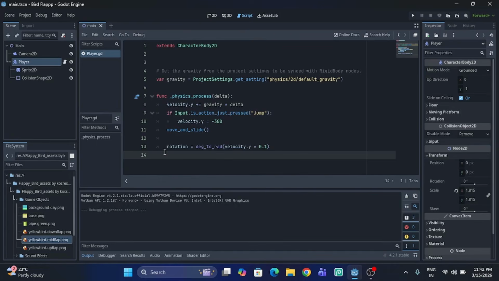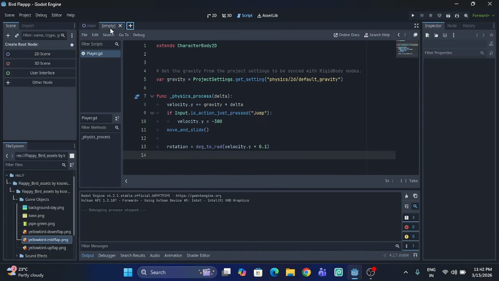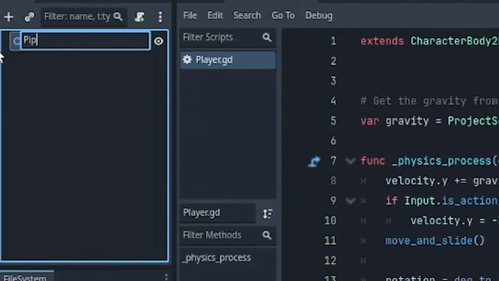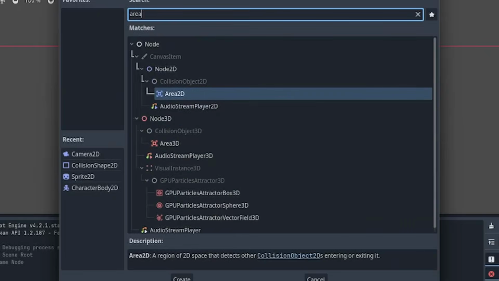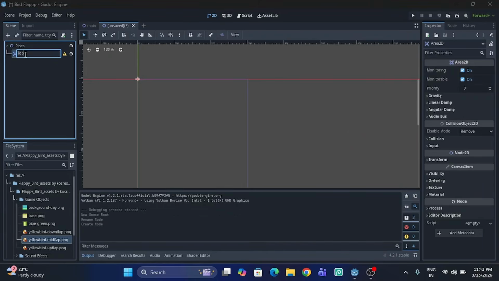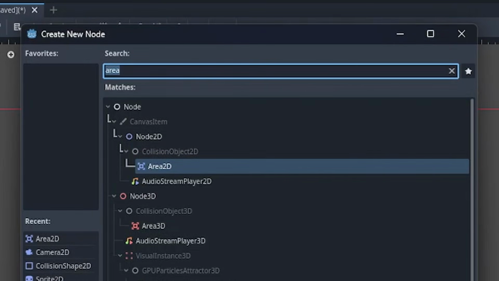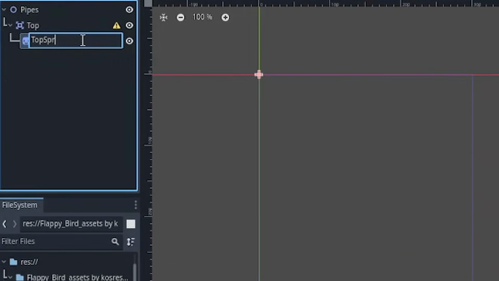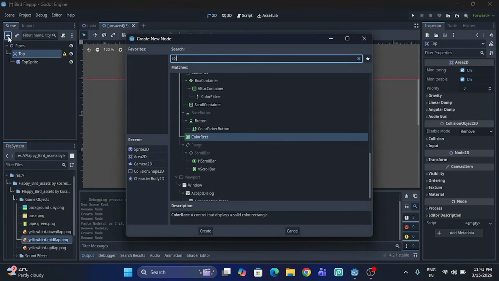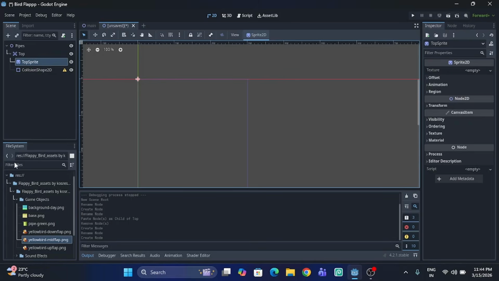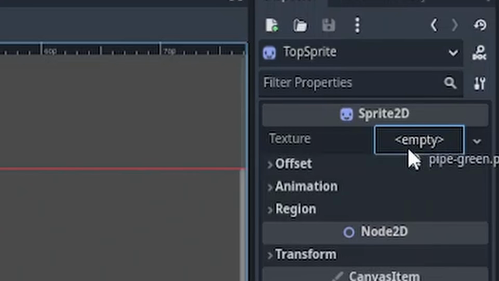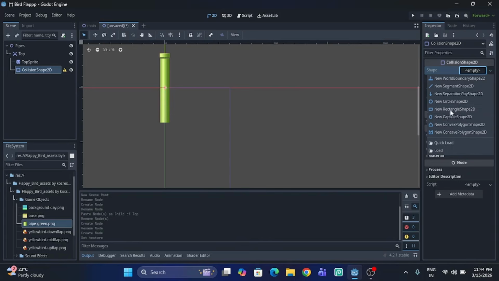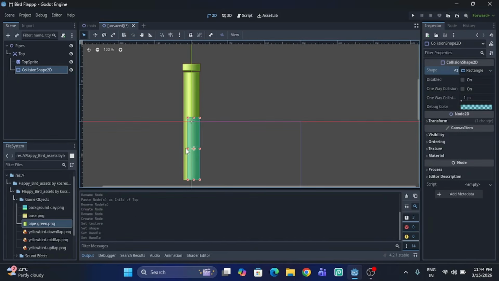Now I'm going to add pipes. So to do that, I'm going to create a new scene. I'm going to call this pipes, and then I'll create an Area2D node, one for the top pipe. And then under this, I'm going to add a Sprite2D node to display the top pipe. So I'm going to call this top sprite, and then a CollisionShape2D. And then for the top pipe, I'm going to use this pipe green image as a texture like this. Then I'm going to add a rectangular shape as the collision shape, and add the rectangular shape like this, as